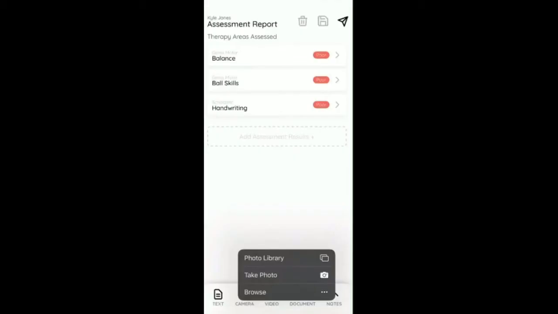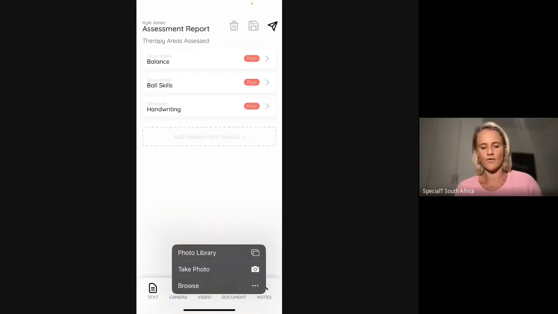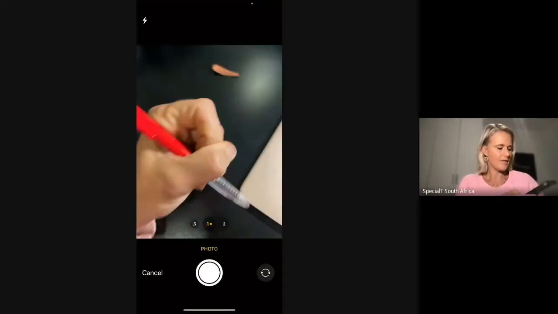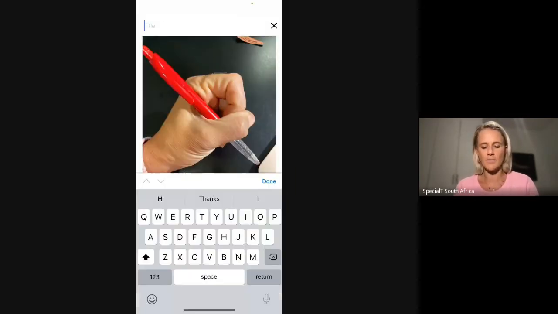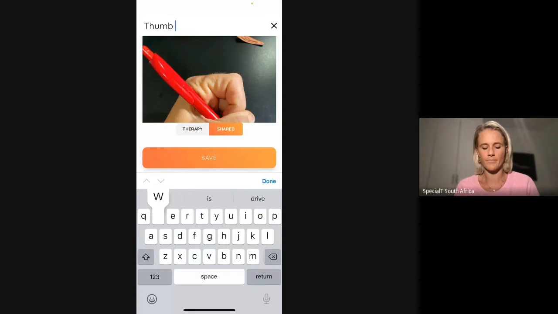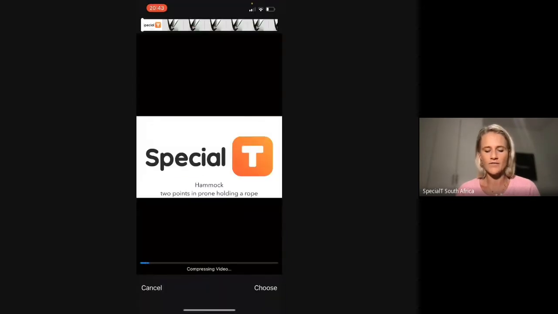I am now in my actual assessment and I want to enter information about my assessment. So I want to take a photo of the pencil grip and put in information about the pencil grip. You can write whatever description you would like about a photo or a video. So if I have a specific video that I would like to add from my assessment, if I'm maybe doing